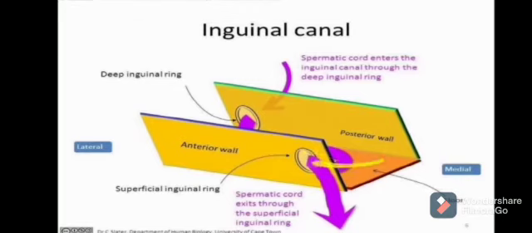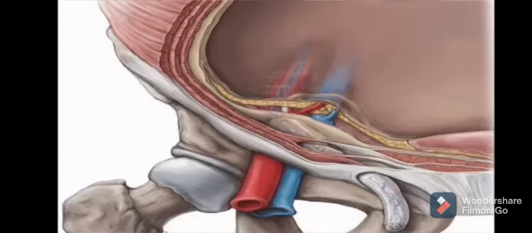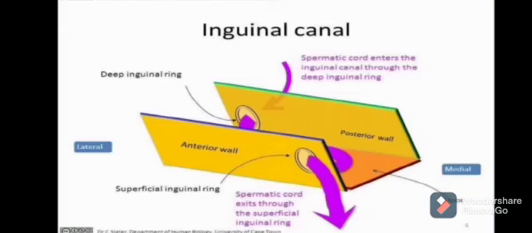The floor is formed by the inguinal ligament. You can see that this tunnel is passing, and in its floor lies the inguinal ligament. That's why it is said that the lateral part of the floor is smooth from upwards, but the medial part, in which lies this ligament, is grooved upward. It is grooved because it is providing passage, forming the floor of the canal. And then the roof is formed by the arching fibers of the internal oblique and transversus abdominis muscle.